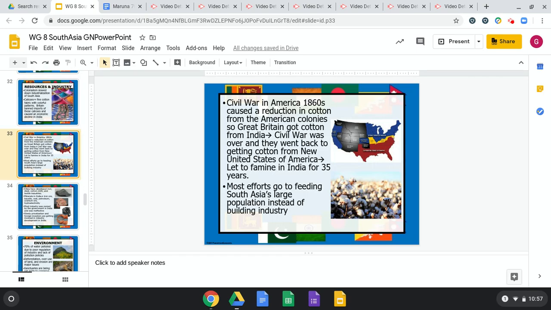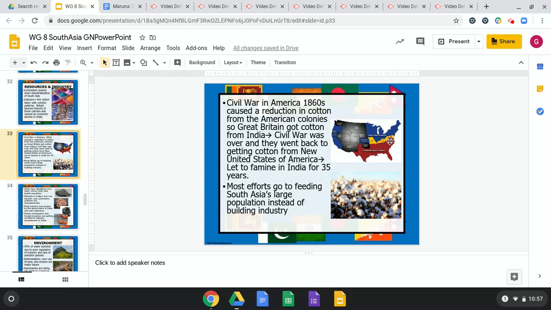Civil War in America in the 1860s caused a reduction in cotton from American colonies, so Great Britain got cotton from India. The Civil War was over, and they went back to getting cotton from the new United States of America, which led to famine in India for 35 years. So basically, boiling that down, during the American Civil War,